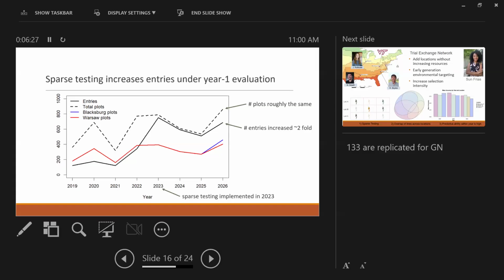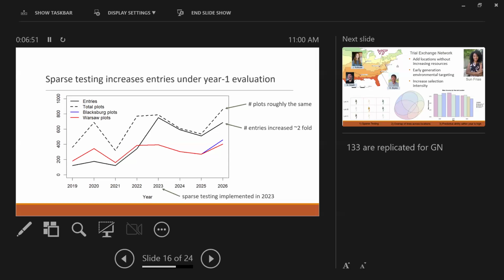Now, the total number of plots does not include replicated checks, which help validate. But across the time, our number of plots is roughly the same. The number of plots within each of our testing locations that we use is also about the same. Now, I don't have any real data to show it's actually working in the barley yet, so I'm going to